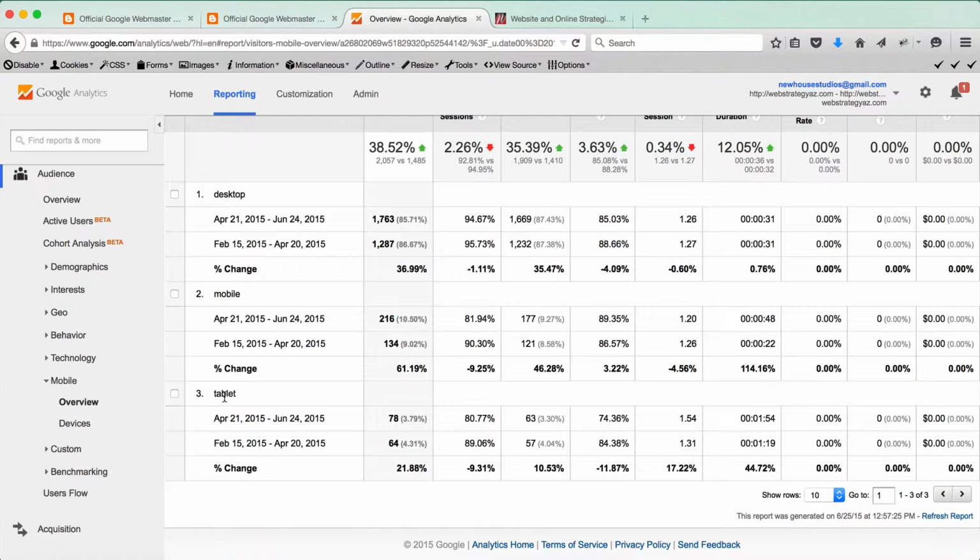And we're asking the question, am I getting more visits or less visits since Google rolled out its mobile-friendly changes? So I'm going to focus right here, and I can see that I am getting more visits. This is my new date range, April 21st to June 24th, than I was before, February 15th to